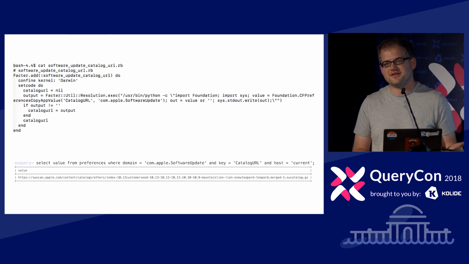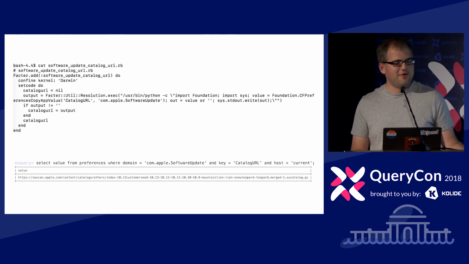If you have a lot of these things, it makes your configuration management or whatever your reporting tool take quite a while to run, because you're loading Ruby and then loading Python every single time. It takes time, it's complex. Why don't we just have one line to do it?